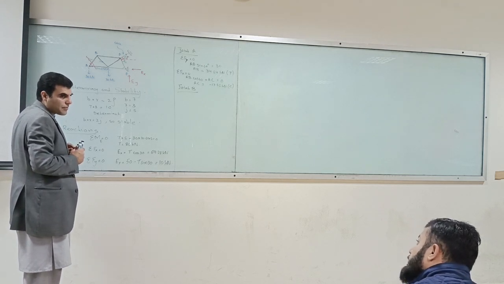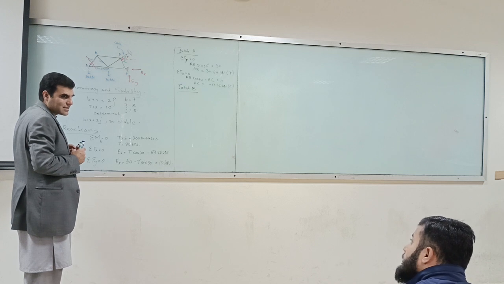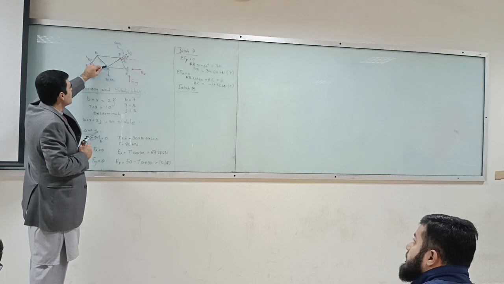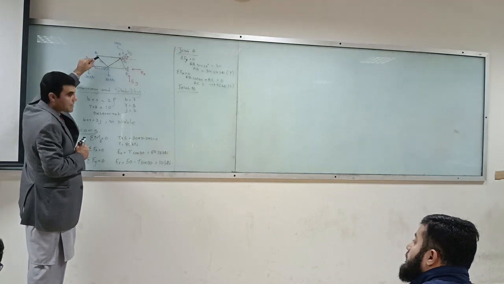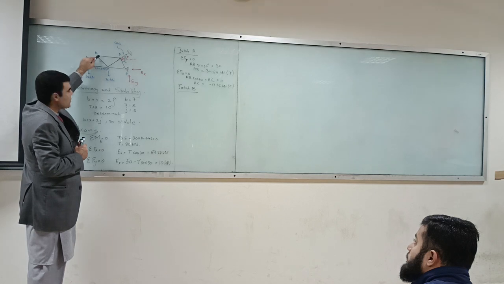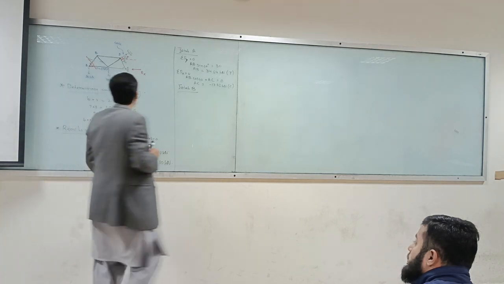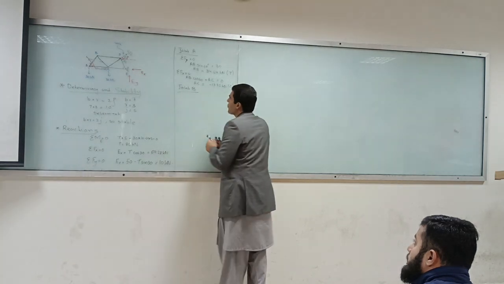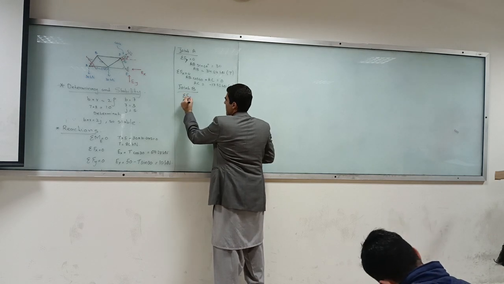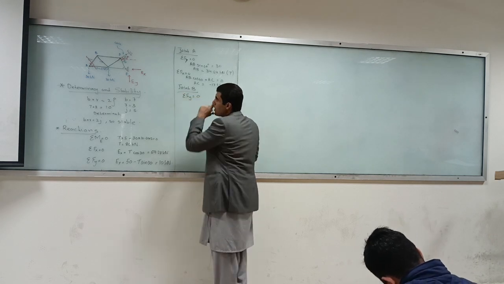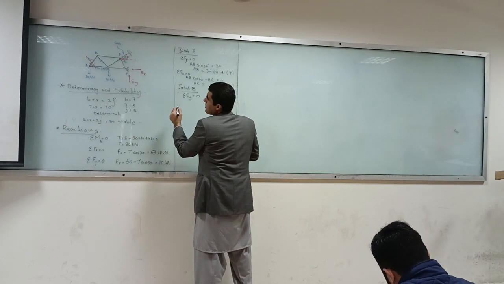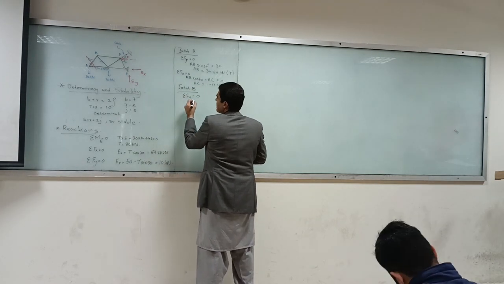If we do summation of Fy, then we have only one independent unknown, so we can find our BC, and then from there we can find our BD. So summation of Fy must be equal to 0, and that is, so BC